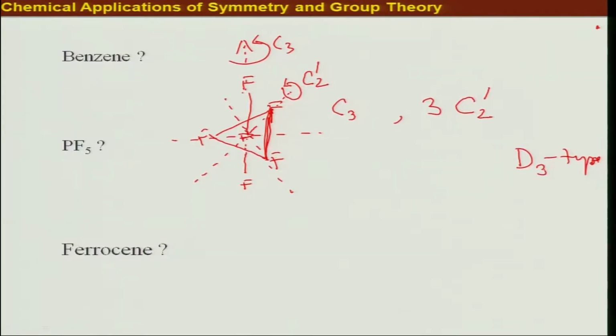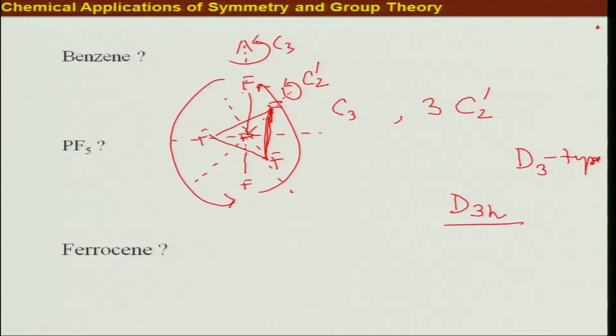Now is there a sigma H? Yes, this equatorial plane acts as a mirror plane, right? So the top fluorine will be reflected here and this will go here. So I have a mirror plane which is in the molecular plane and perpendicular to the principal axis of symmetry. So I have the point group right now, which is D3H. So that was easy, right? Okay. Now